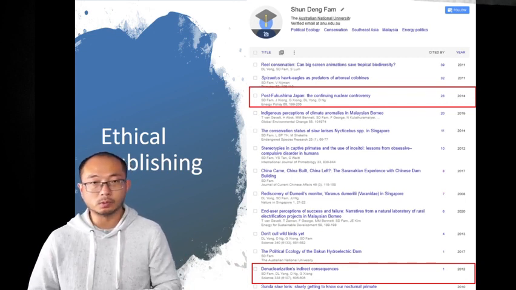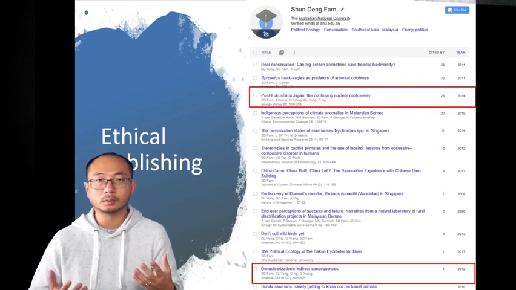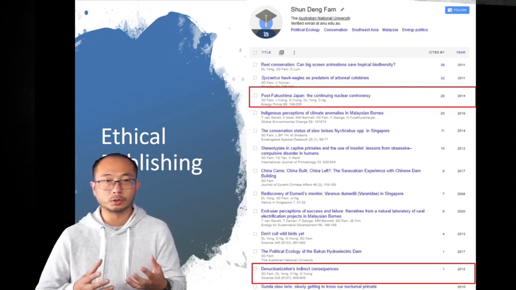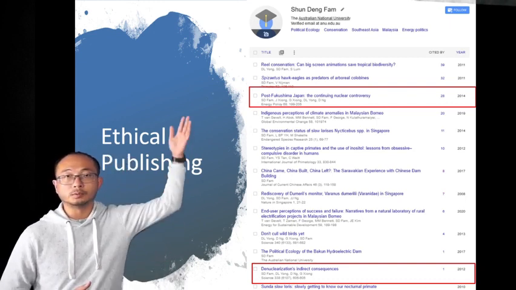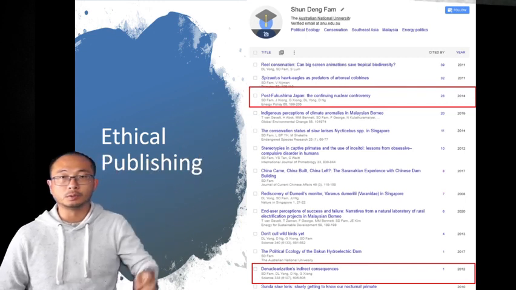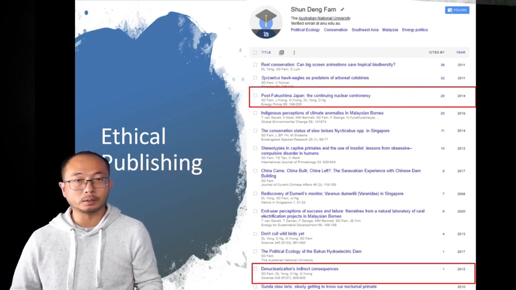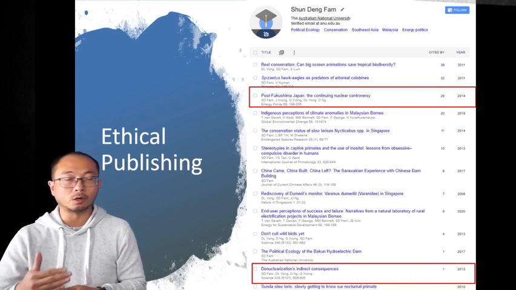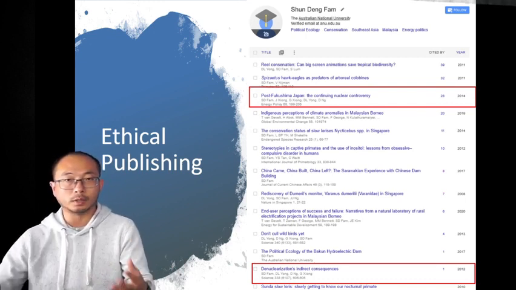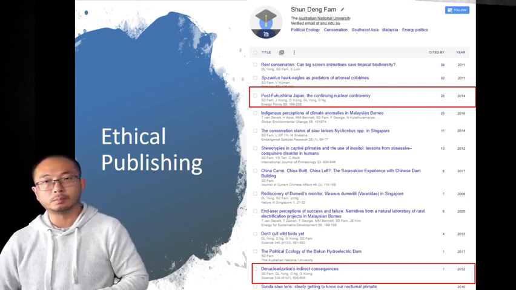And then we had time after the first publication to sit down, think about it, flesh it out, and work through the entire research process. We came up with the second article, which is post Fukushima Japan, the continuing nuclear controversy. So we looked at nuclear energy in Japan, the corporate culture in Japan, and the failures in corporate processes that could have led to the Fukushima meltdown. Much better fleshed out paper, much longer paper,